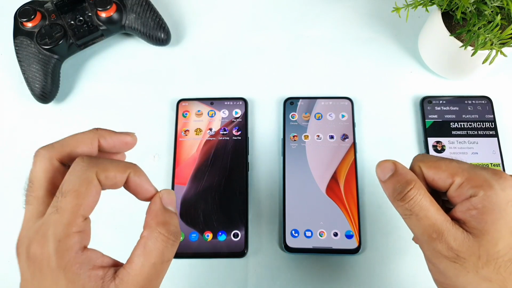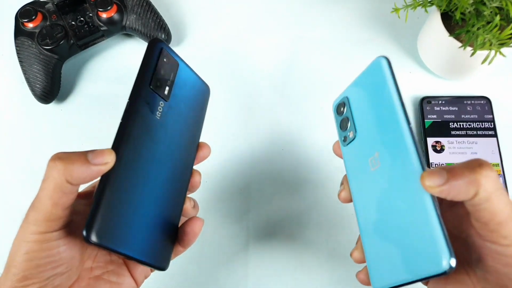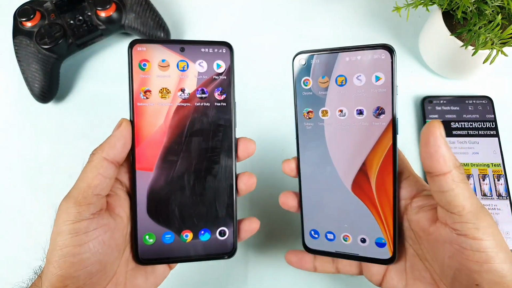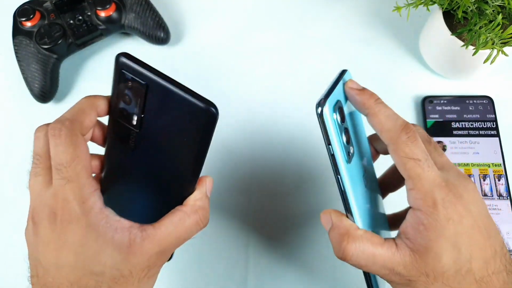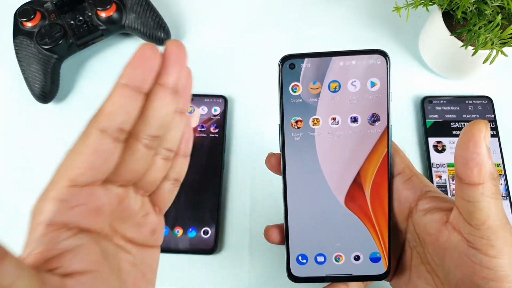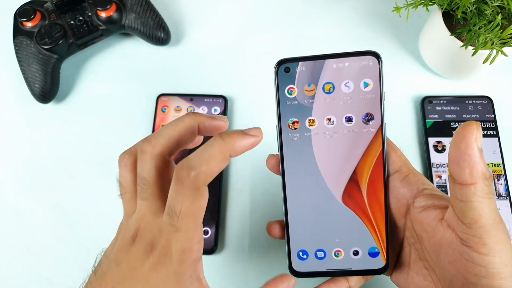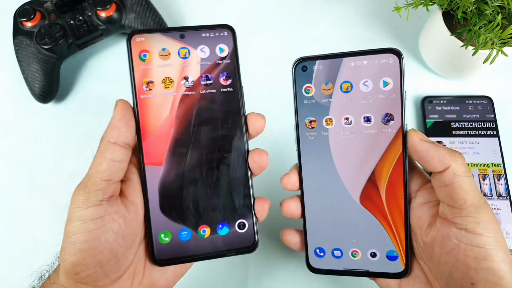In today's video, the speed test and RAM management test comparison between the iQOO 7 versus OnePlus Nord 2, by using the Ultra Game mode and the high performance mode. Yes friends, this is my first time doing this kind of side-by-side comparison between both phones. Let's see if you use the high performance mode in the OnePlus Nord 2, how much improvement there can be in terms of the opening speeds. That is my main point of making this video, friends. That's what I'm going to demonstrate in this video.